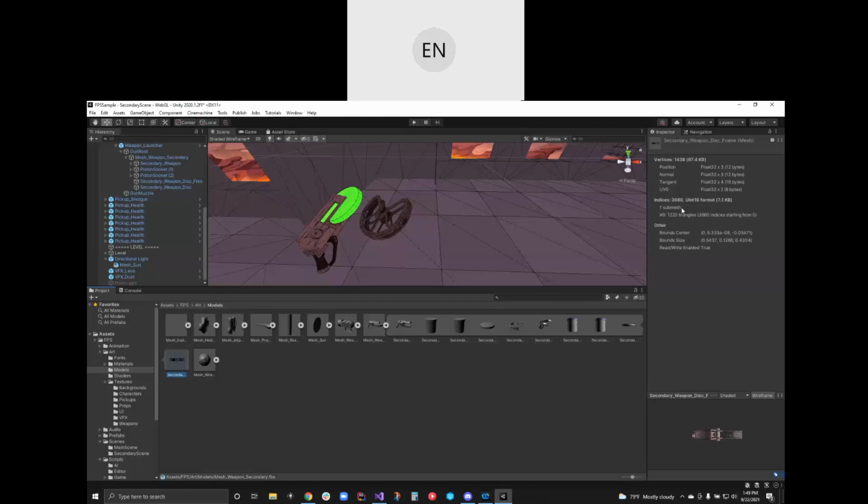Indices. Indices are the triangles. So 1,220 triangles. It takes this many vertices to define this many triangles.